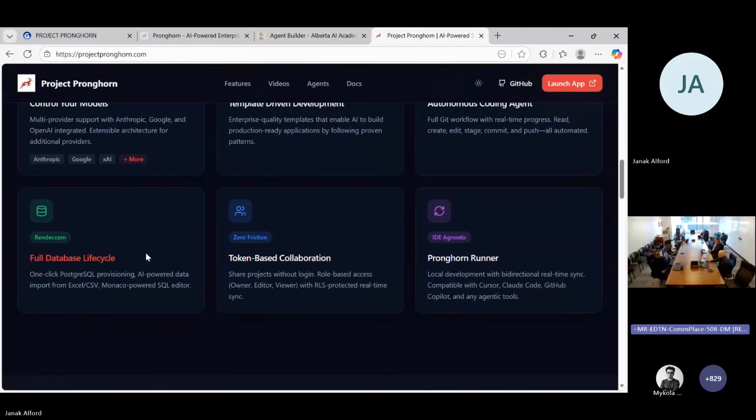We've got some really cool stuff under the hood with Postgres. You can do single-click Postgres deployment. You can put your AI right into your database immediately and start reading your tables and your code and your schemas or writing them. We've got that token-based collaboration, and then we have what we call the runner, which is